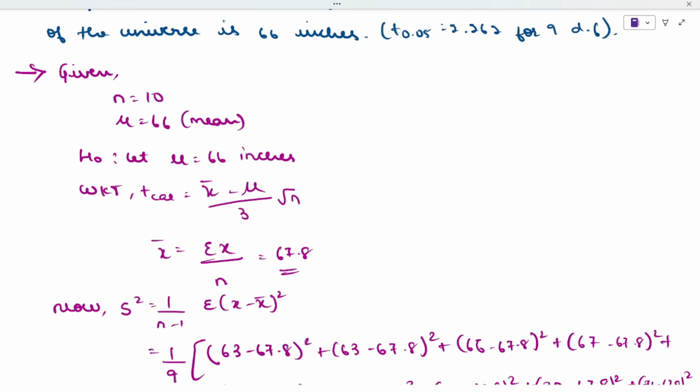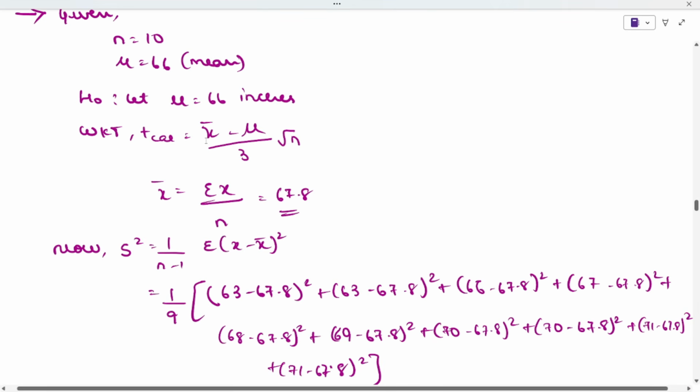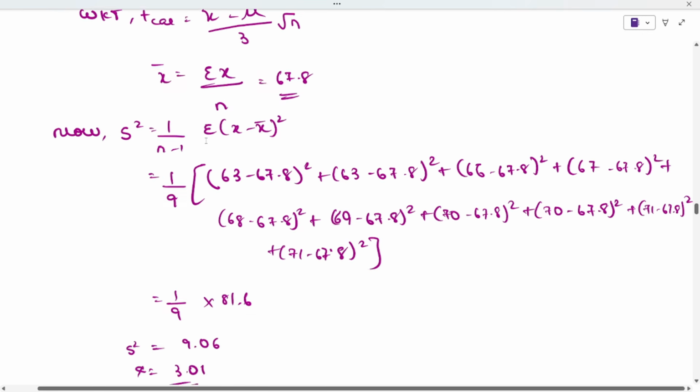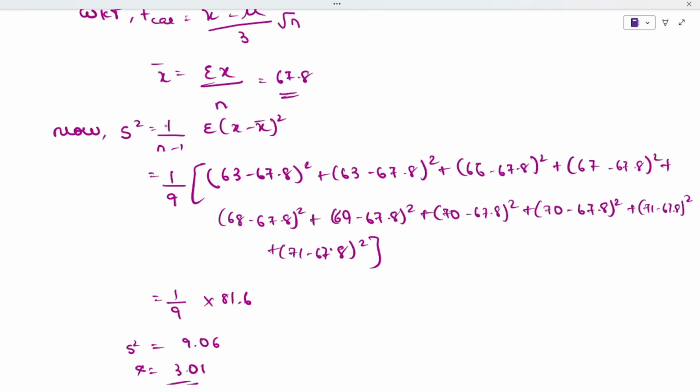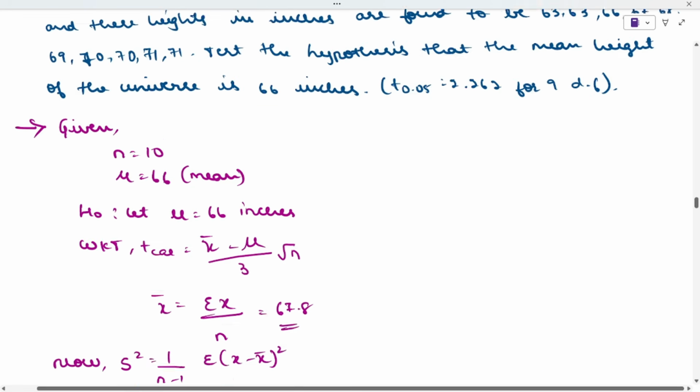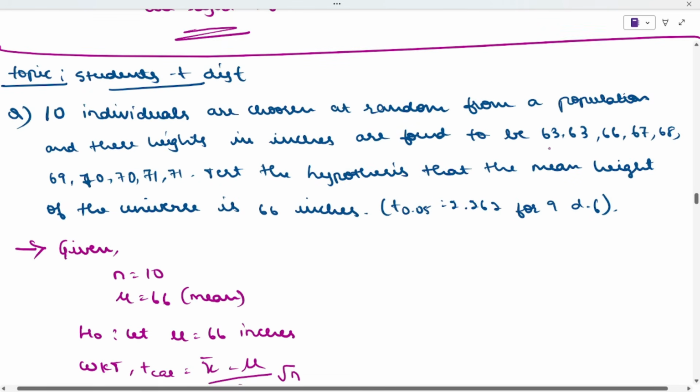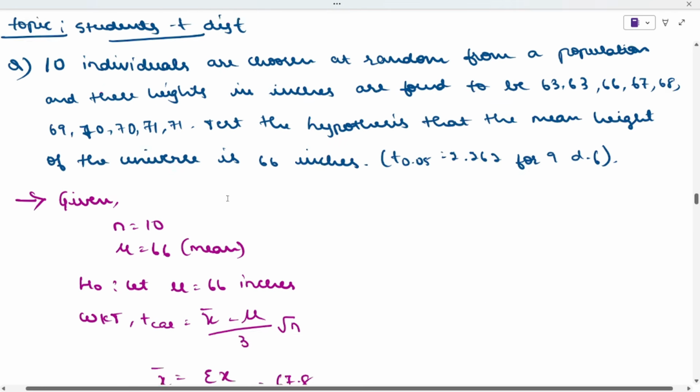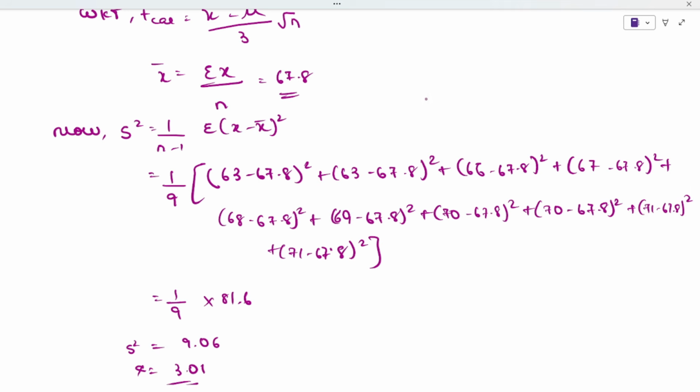You will substitute, and x bar will be what? That is all the x values divided by n. That will be 67.8. Again, s square will be what? 1 by n minus 1 sigma of x minus x bar whole square. This you will get the value. I hope you got this. See, first they have given the value of 63, right? 63, 66, 67, and all the values you need to subtract from 67.8, the value of x bar, and you will get one value. You will take the root of that,